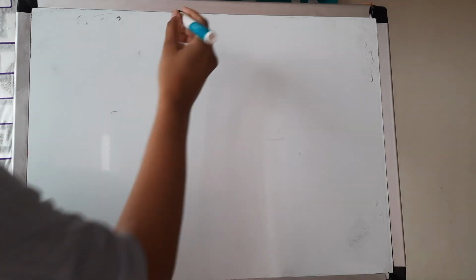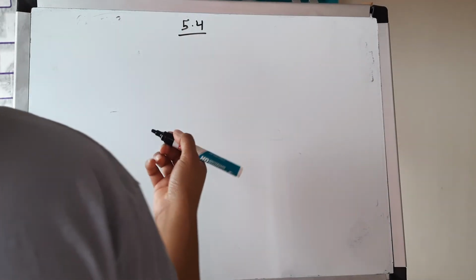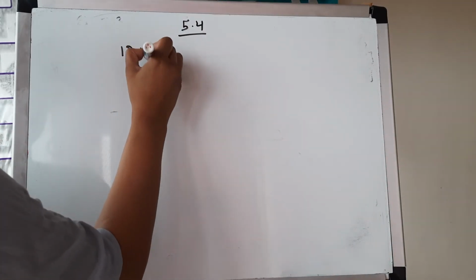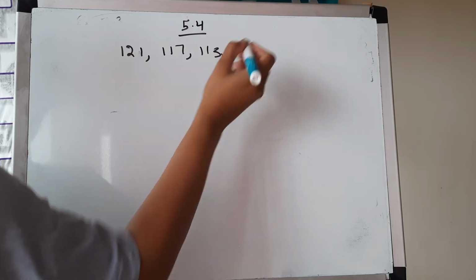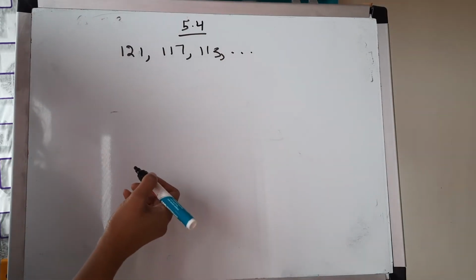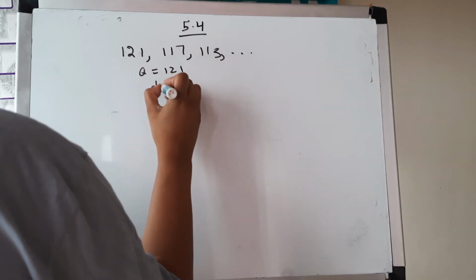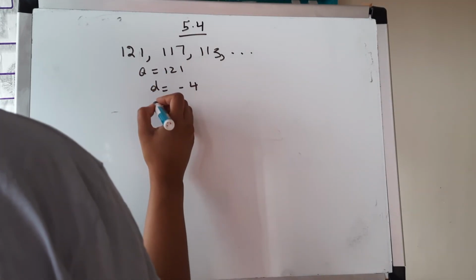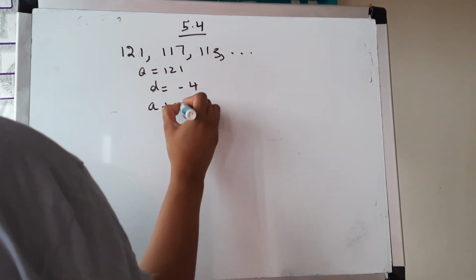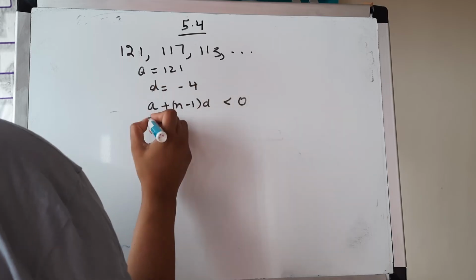I'm just doing one more question for fun. It's actually not needed because this is more from a different purpose. It's like a थोड़े से difficult questions हैं. हमारा question अभी तक जितना किया था उतना ही है. But so here we have to find, first a is 121. What is d? Minus 4. We have to find the first negative term. That means a plus n minus 1 d is less than 0, which is the first negative term. Substitute here.